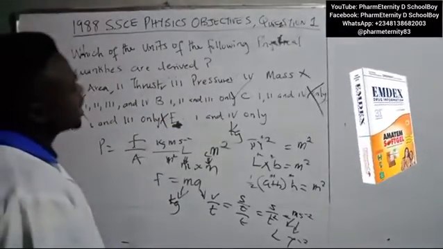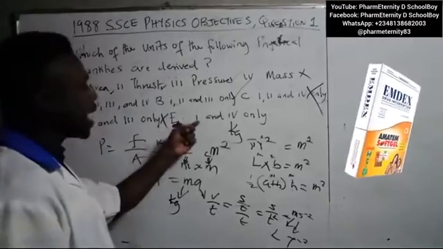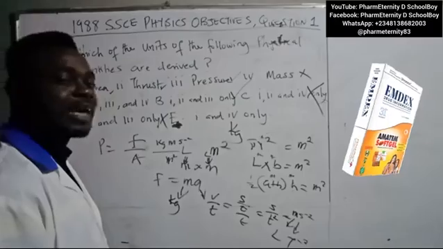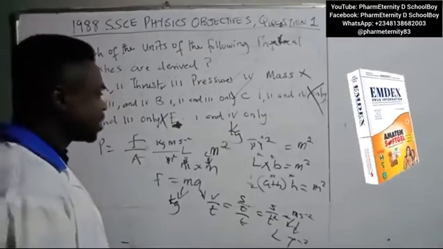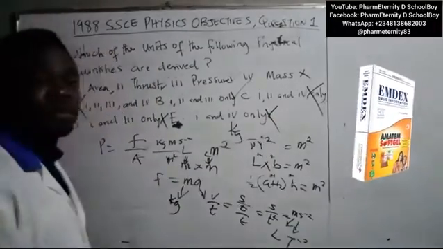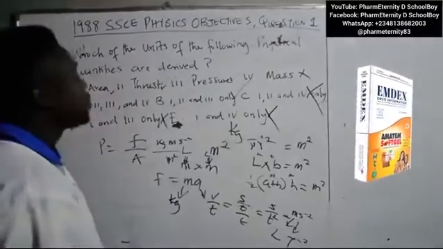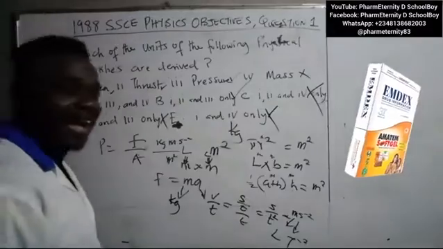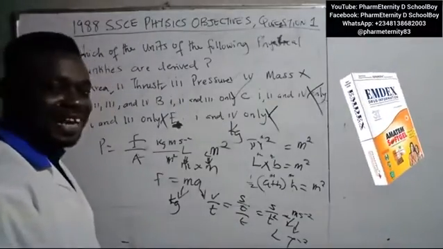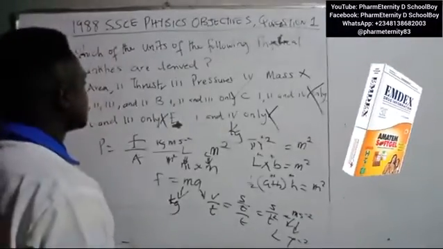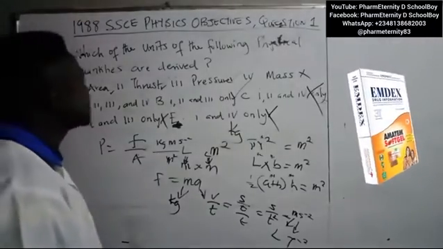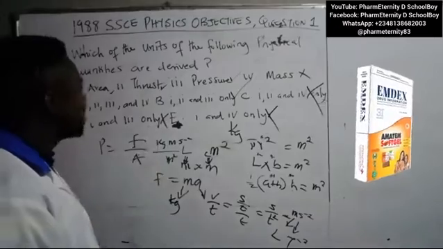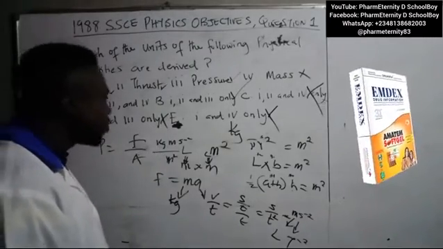E says I, III and IV. I will take I and III, but IV is mass, and mass is a fundamental quantity, so this is not the answer. So the most appropriate option here is B: I, II and III. So the answer to 1988 SSCE Physics Objectives question 1 is B, that area, thrust, and